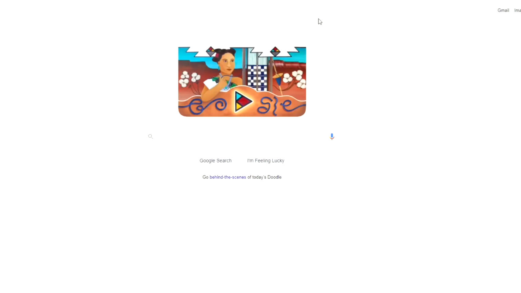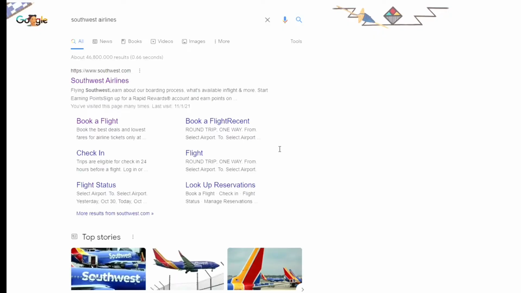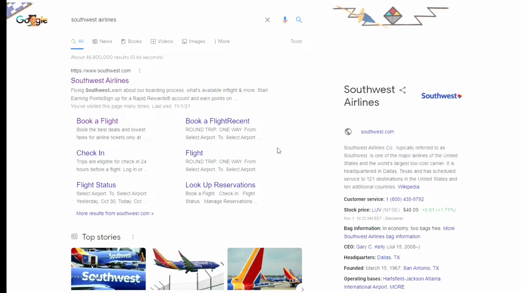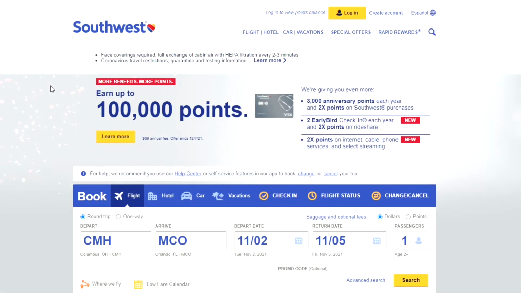So let's go ahead and jump into the Southwest Airlines website. To get to the Southwest Airlines website, you'll just open up your internet browser. I'm using Google, but whichever internet browser you prefer is okay. And then once you have it open, you'll just type in Southwest Airlines in the search bar, and the first link that should pop up is Southwest Airlines. So I'll just click on the link and it'll bring you to Southwest Airlines homepage, which is what you're seeing